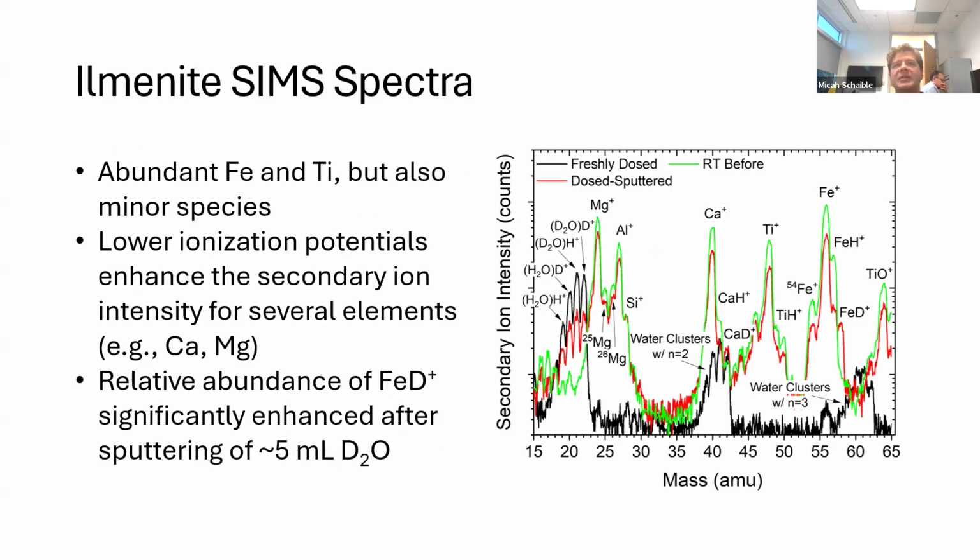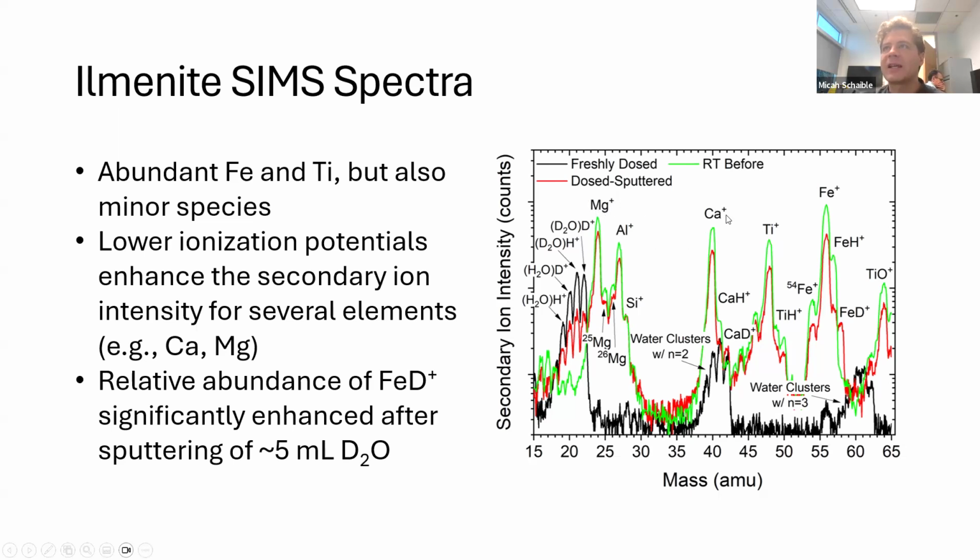So like I said, I also took some data for an ilmenite sample. This one was pretty interesting because we see, in addition to ilmenite, which is FeTiO3, in addition to just the Fe and Ti species, which do feature predominantly in our spectra, we also see some trace species in there as well. For example, magnesium, aluminum, calcium. Magnesium is a well-known substitutional species in ilmenite, and so it's not terribly surprising to see the magnesium popping its head in there.